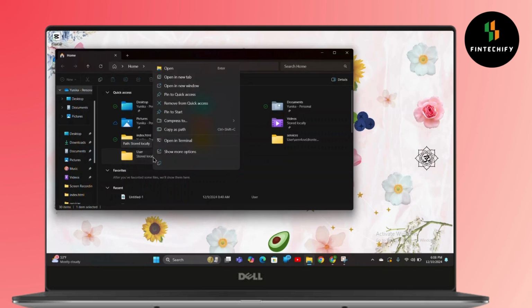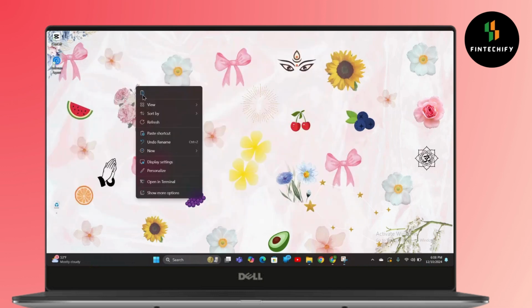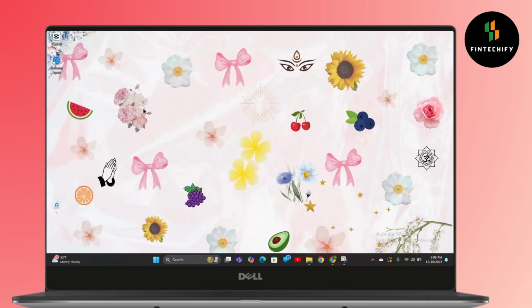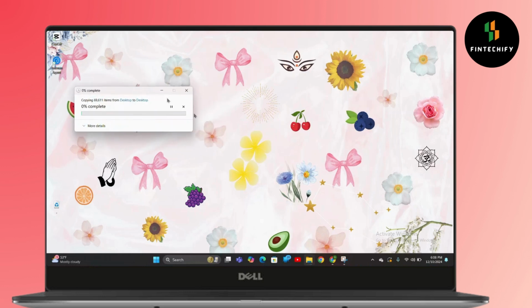So first, right click on the file and then simply copy it. After that, paste it over here in the home section, in the home page. After it is completed,